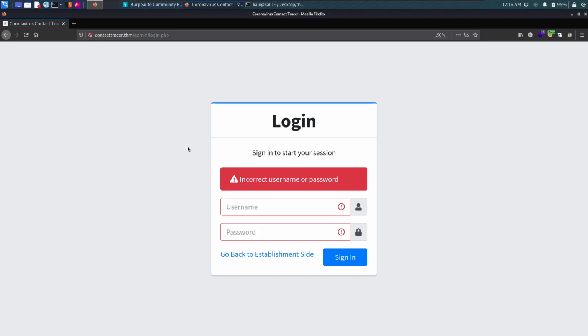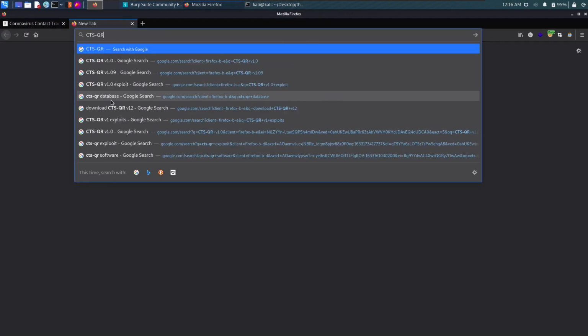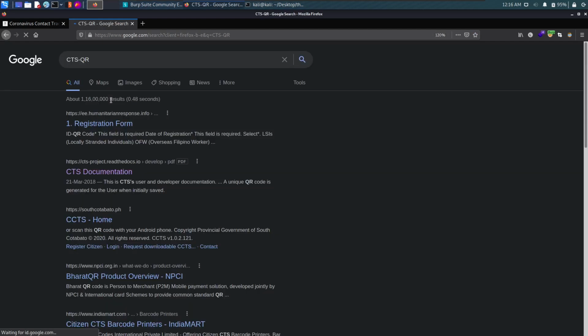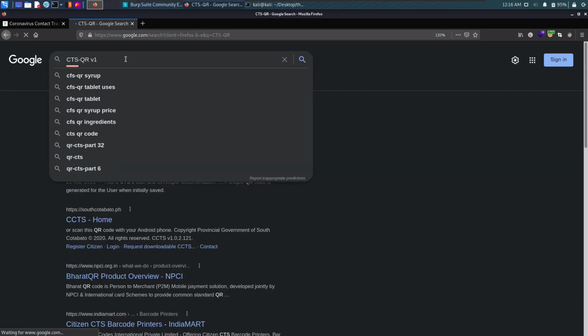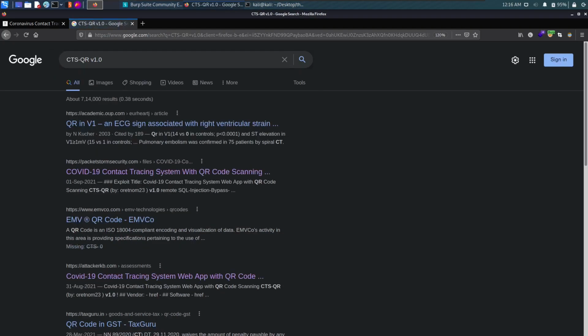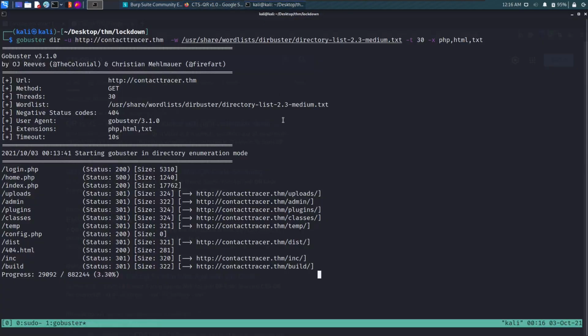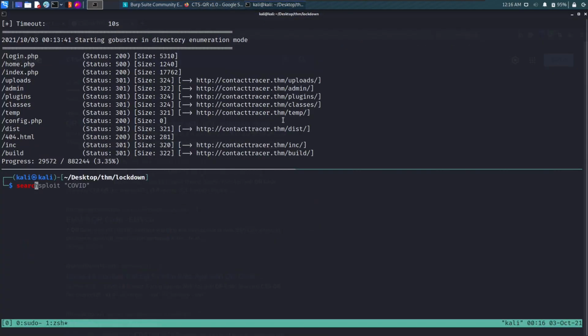So as before, we saw the application name as CTSQR. So if we search CTSQR on Google, we get version 1.0. It's version 1.0, I guess. Yeah, so right off we see a COVID-19 contact tracing system. So now we know that the name of this application is COVID-19 contact tracing system. But are you sure that this is the only exploit available of this application? Nope. So we can try using the search exploit and we search for COVID